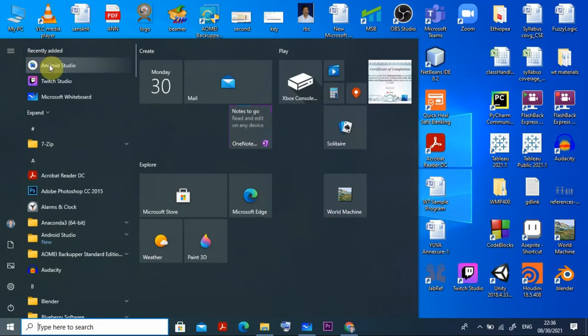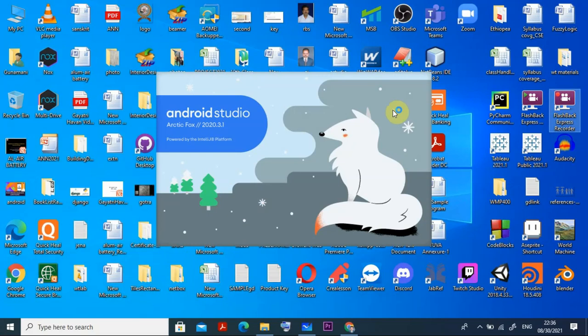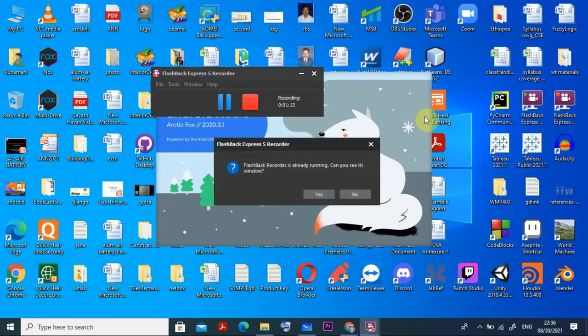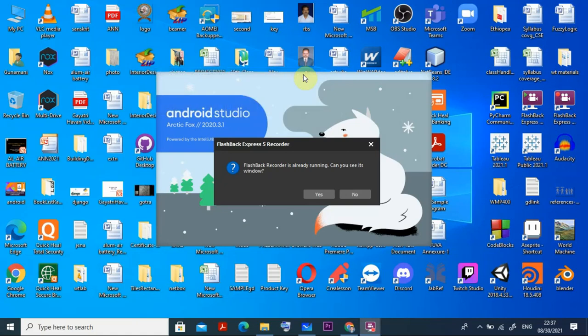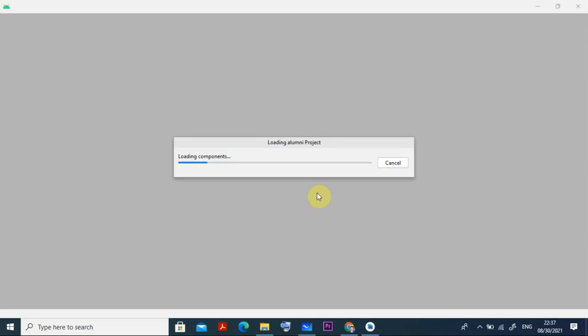Yeah, I think something has happened. Let us see. Maybe it is still opening. I hope it is still opening. You can see it is opening. Because it will be in GB, you can understand, so it takes some time for opening and initializing all the things. But once it opens the first time, then it will be easy for us to run this program. Here you can see it is loading the components.